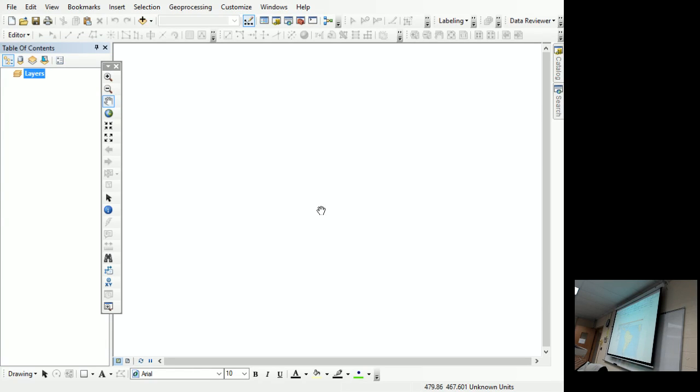Step 1 was submitting MXDs. Step 2, you're going to be submitting screenshots. Step 3, you're going to be making PDF maps in 3 weeks. This is the big thing you need to learn or need to know for this chapter.